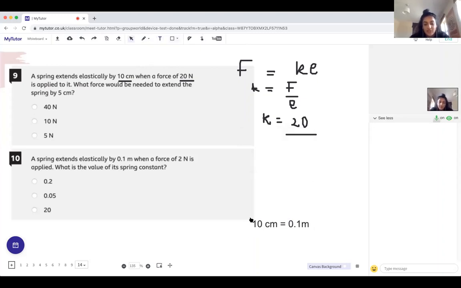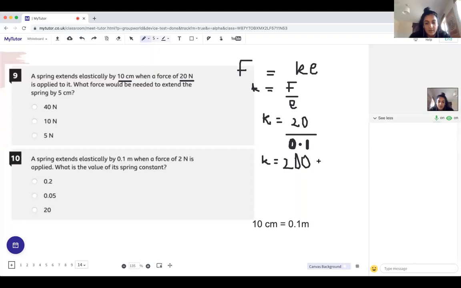So our extension in meters is 0.1. So when we do 20 divided by 0.1, we get 200. So we know that the spring constant of this specific spring is 200